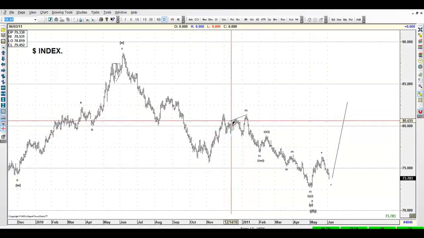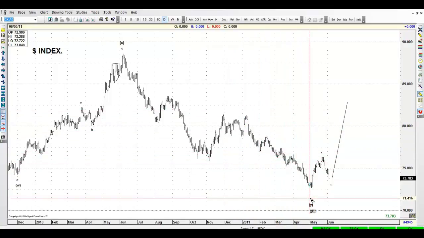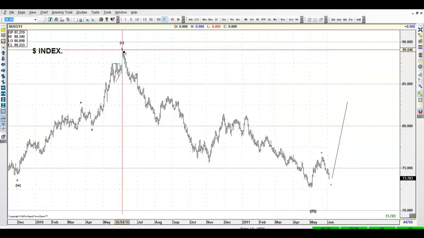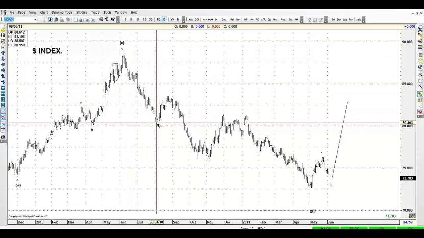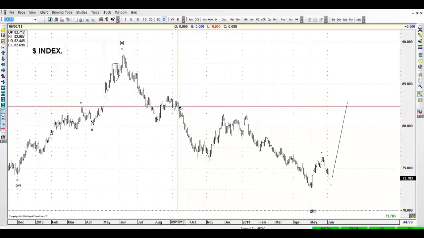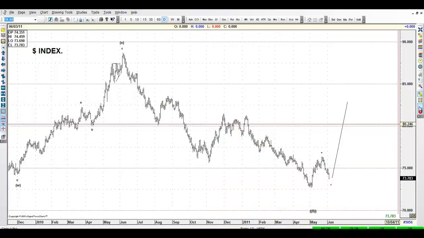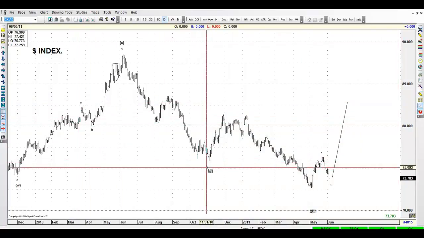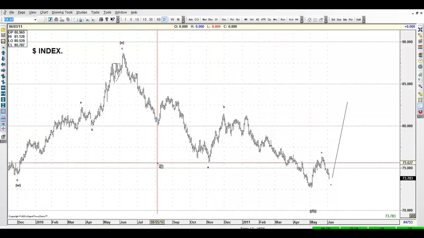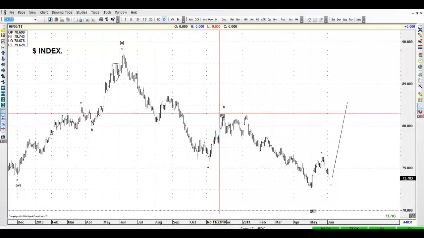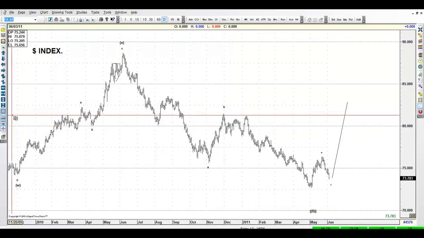on the dollar, I'm going to erase everything that we have right here so you guys do not get confused. And then we have 1, 2, 3, 4, 5, and extended wave 1, 2, 1, 2, 3, 4, 5, a 3, a 4, and a 5. And then this becomes A. This becomes B.